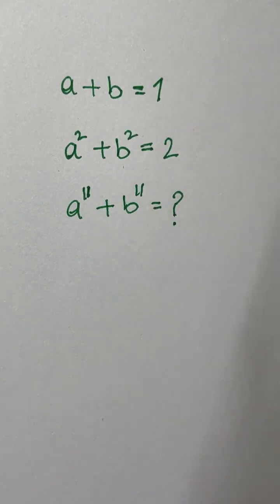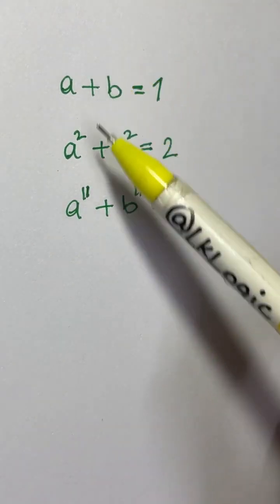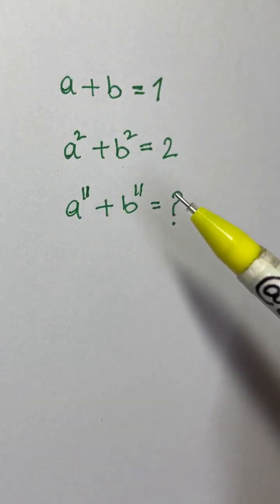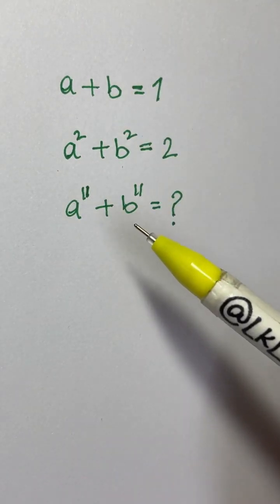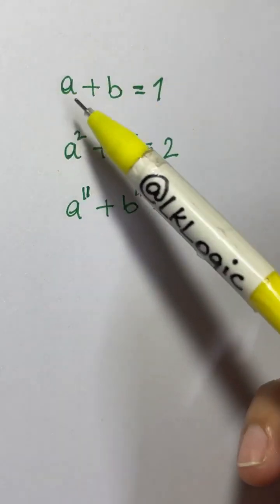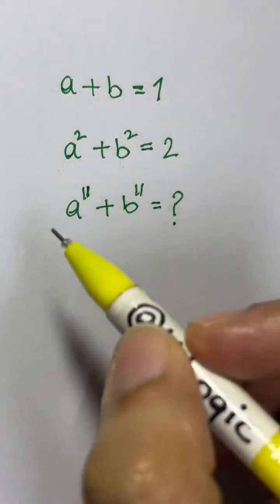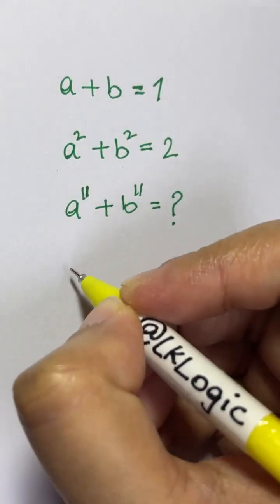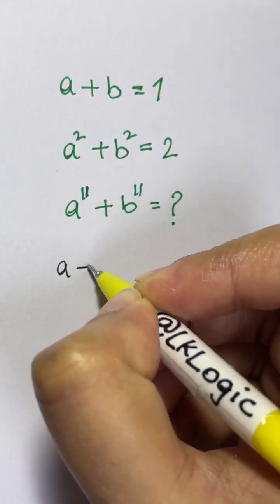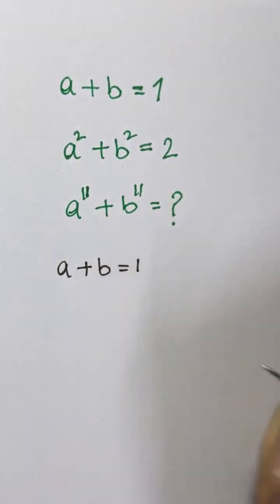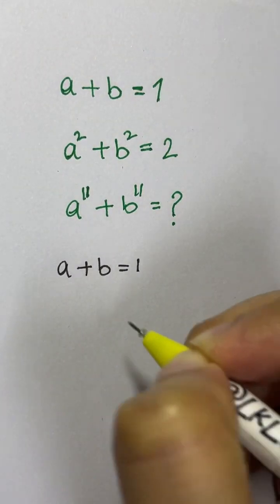Now this looks like you have multiple kinds of equations, but how should we start? What can we start with? Let's start with the basic a plus b equals 1. Yes, okay, let's try that. So we have a plus b equals 1, and what I'm going to do here is